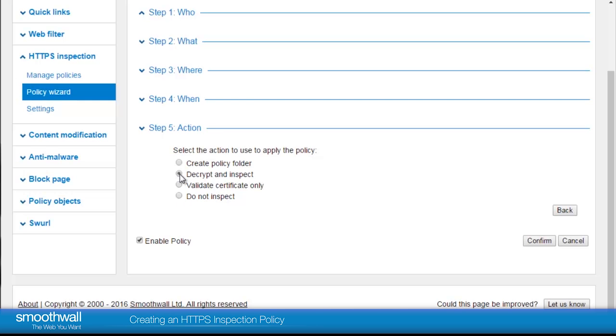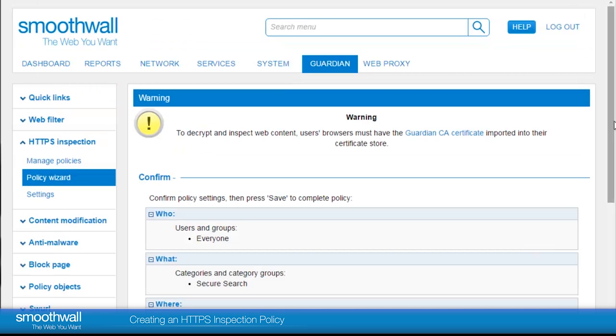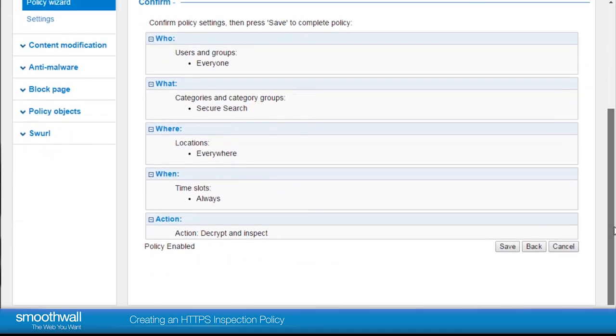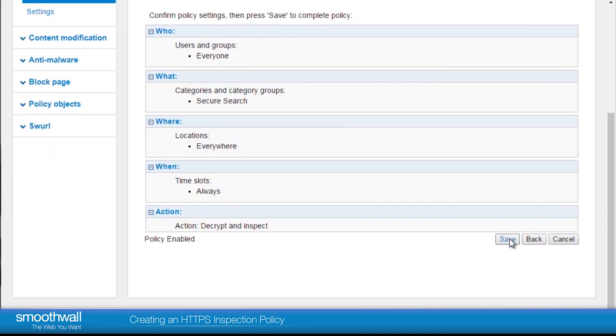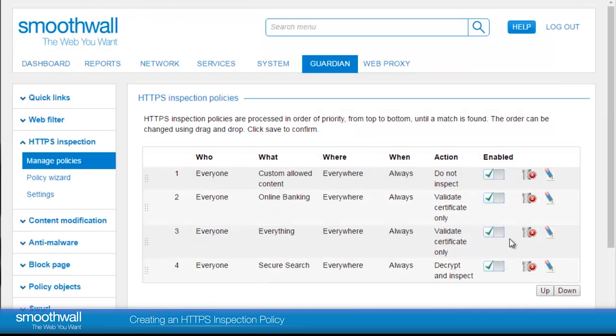Here we will choose Decrypt and Inspect. Check the Policy Enable box is ticked and confirm the policy to create it. The next screen summarizes your policy choices. If everything looks correct, click to save it. You'll now be returned to the HTTPS Inspection Policies page, and your new policy will appear at the bottom of the list. There's one vital last step to consider for successful policies, and that's the order in which the rules